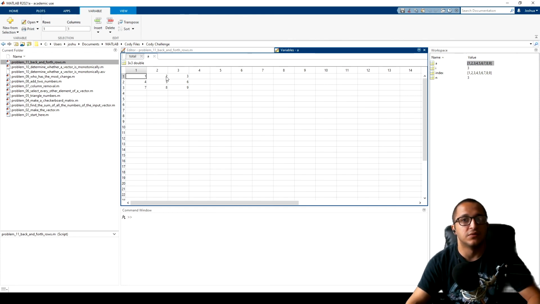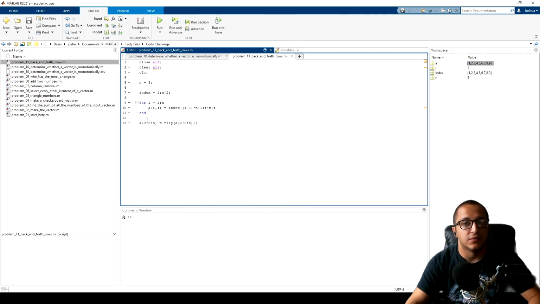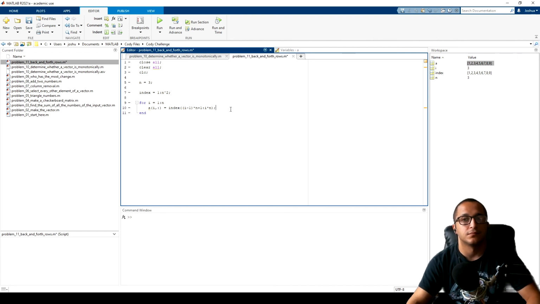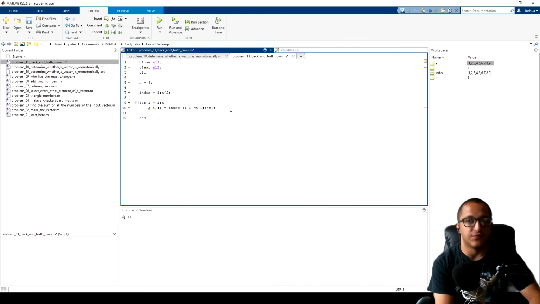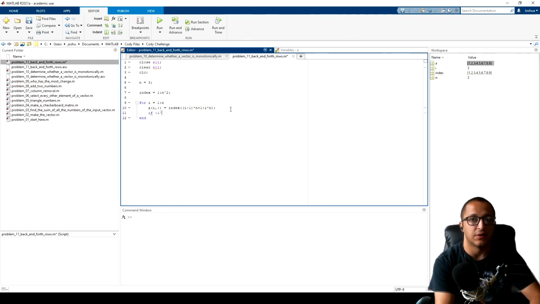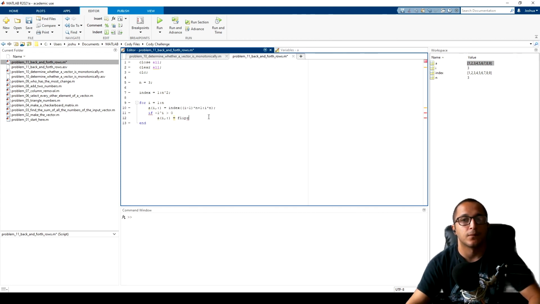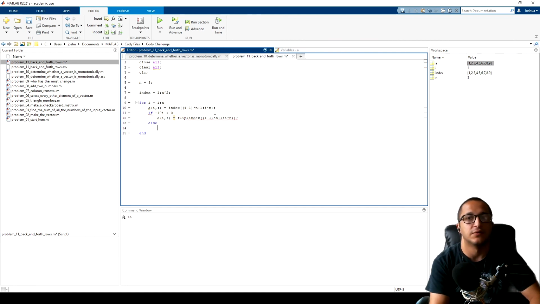Then let's look at that. 1, 2, 3, 4, 5, 6. Okay, so then let's say if I is divisible by 2, so if let's see, -1 times I, or -1 to the power of I is greater than 0, A of I equals flip. Else